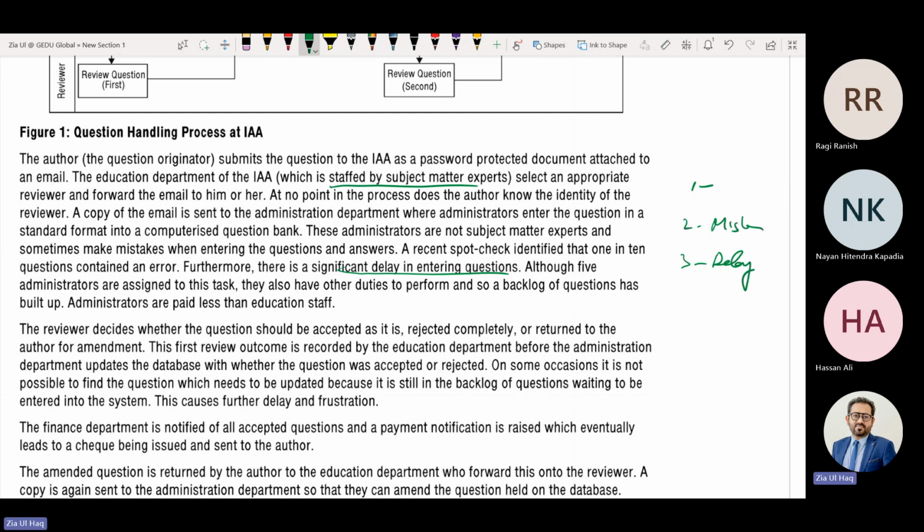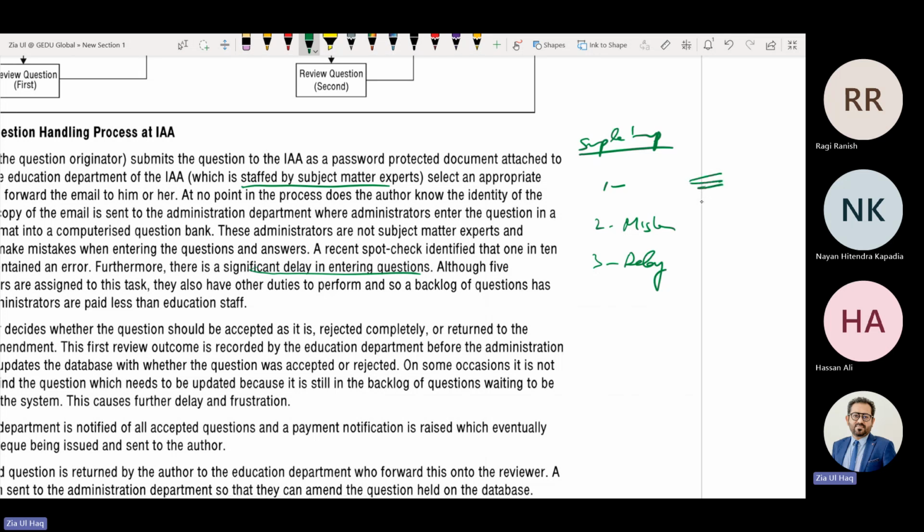Three issues we have identified. We have explained them. We have provided recommendations against them. This is the simple improvement. We'll put the heading simple improvement. First issue, we'll explain, and from the next line we'll provide the recommendation for that. Or we can prepare a table. Second issue, we will explain, and in the next line we'll provide its recommendation separately. Third issue, we will explain, and in the next line we'll provide its recommendation.